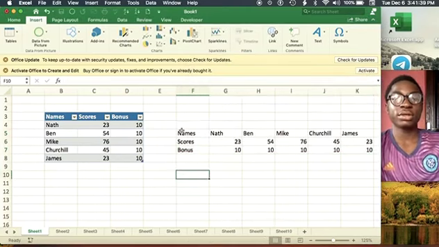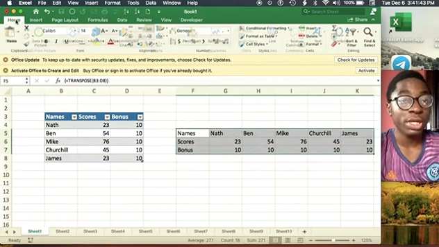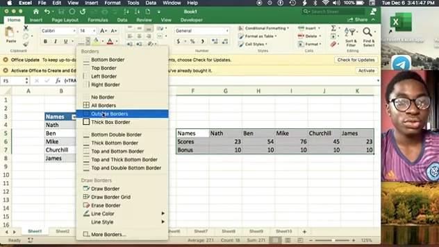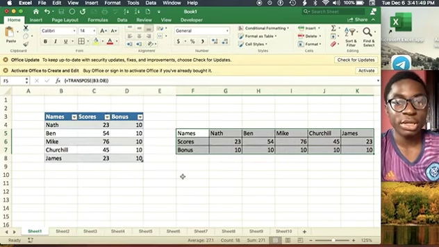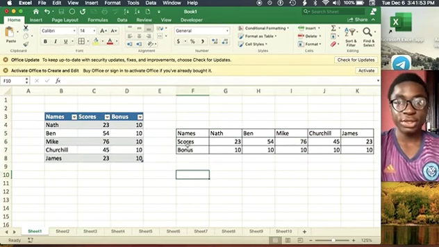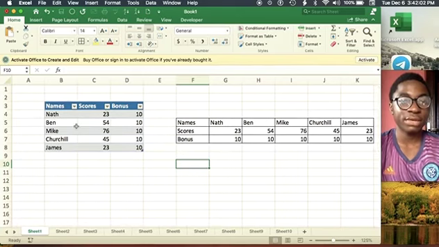So let's just insert a border. To insert a border, just go to the Home tab, then this part. Just choose All Borders from the drop down, and then you have the borders there. So that is basically one way of operating functions that return arrays. Another way of doing the same thing is by using